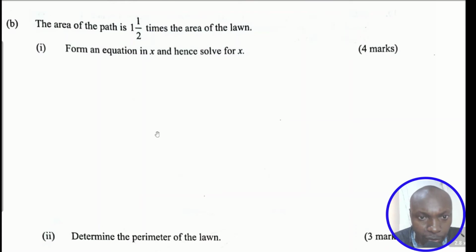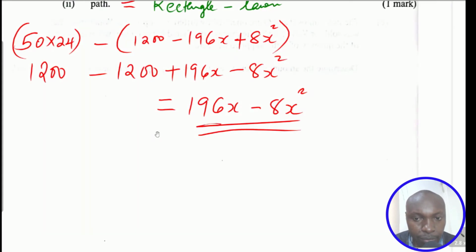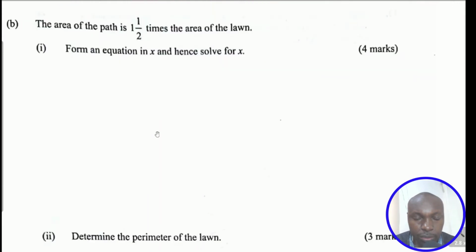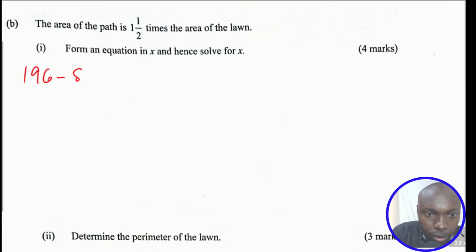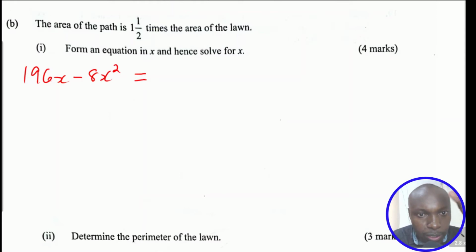Now since we have the area of the path, we just need to express that. The area of the path is here, 196x subtract 8x squared. Now this one is 1.5 times the area of the lawn. 1.5 is the same as 3/2. The area of the lawn,